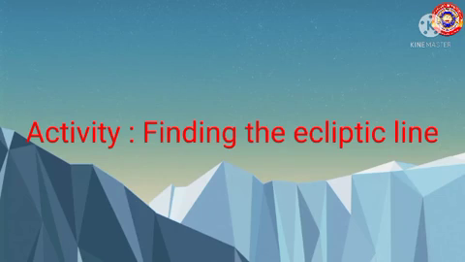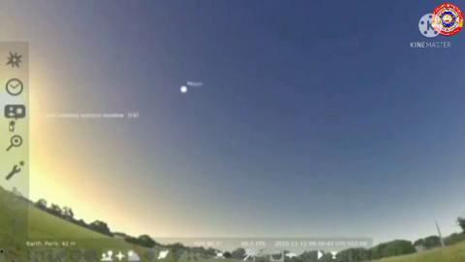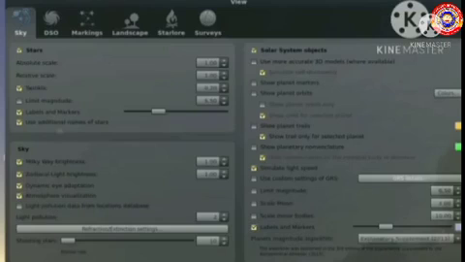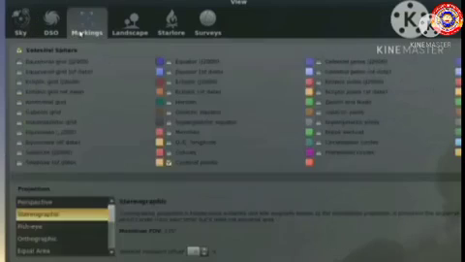We move to the next activity, finding the ecliptic line. For finding the ecliptic line, we have to open the tool Sky and Viewing Options window and reach the view window. Now click on Markings.